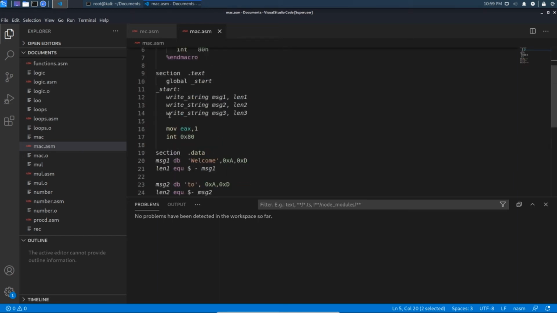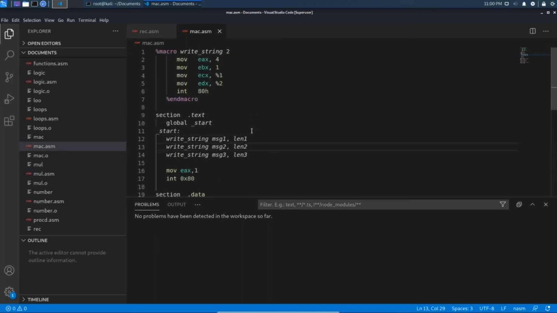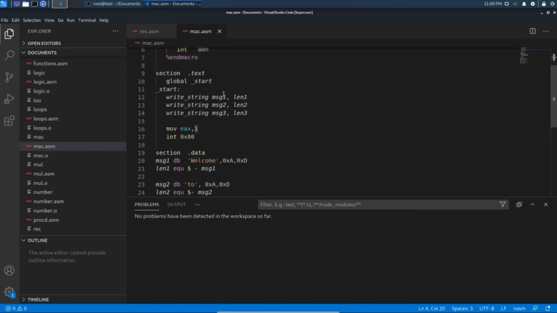And after executing this instruction, the same will be done as previously. Again the arguments will get stored and the messages will get printed to the monitor. At last, after executing these 3 instructions, we must exit our program by passing number 1 to the EAX register, that is invoking the exit system call, and after that you need to interrupt the kernel with the relevant system call.